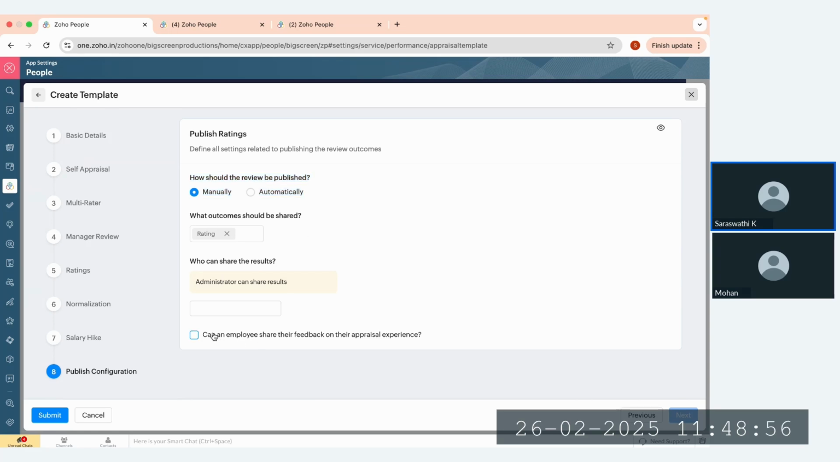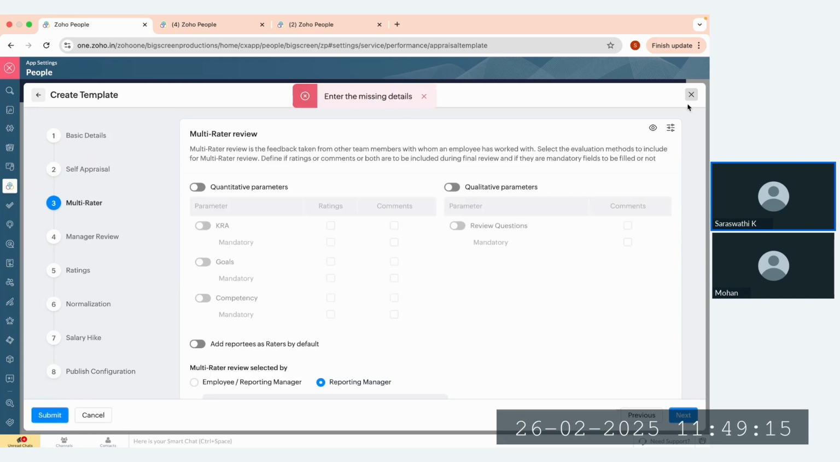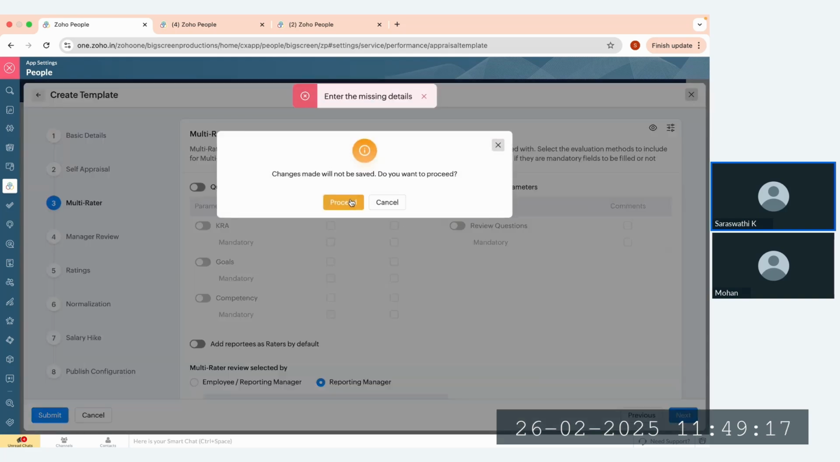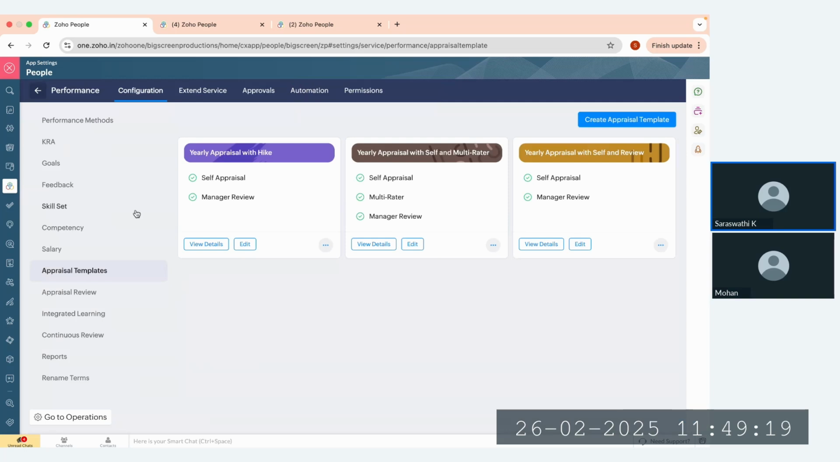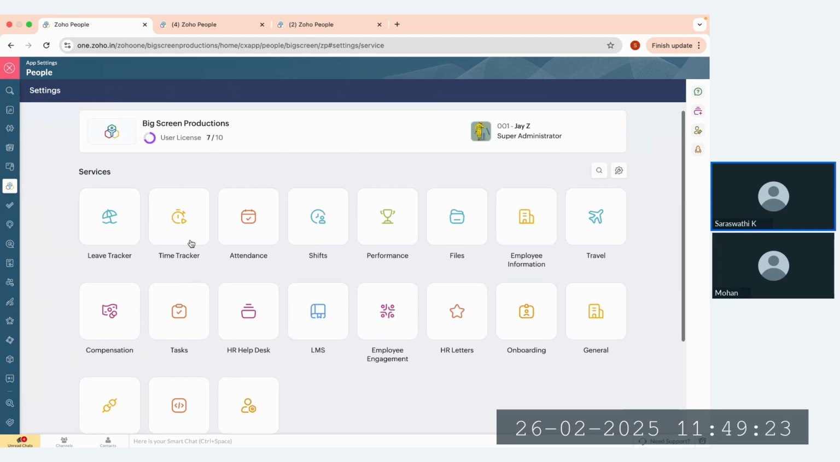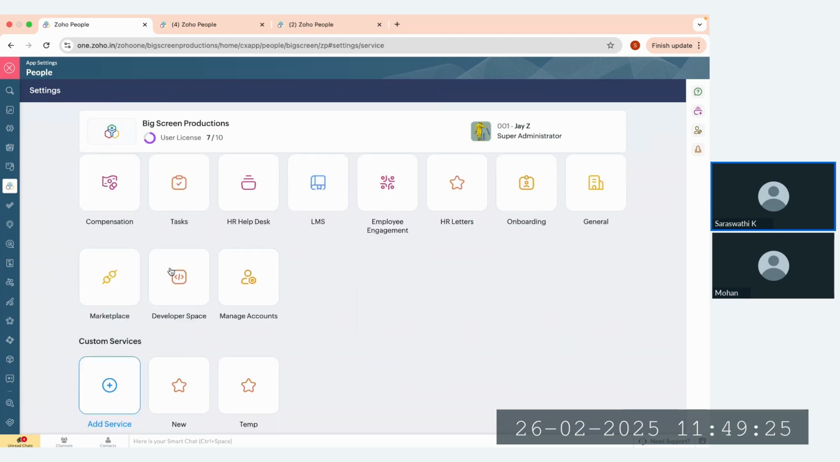And in this option, you can enable feedback sharing to allow employees to view and respond to other evaluations. Once everything is set, you can click on submit to finalize your appraisal template. Based on this appraisal template, you will be able to evaluate your employees in your organization. So far, we have seen the basic services and the data related to the services in the Zoho